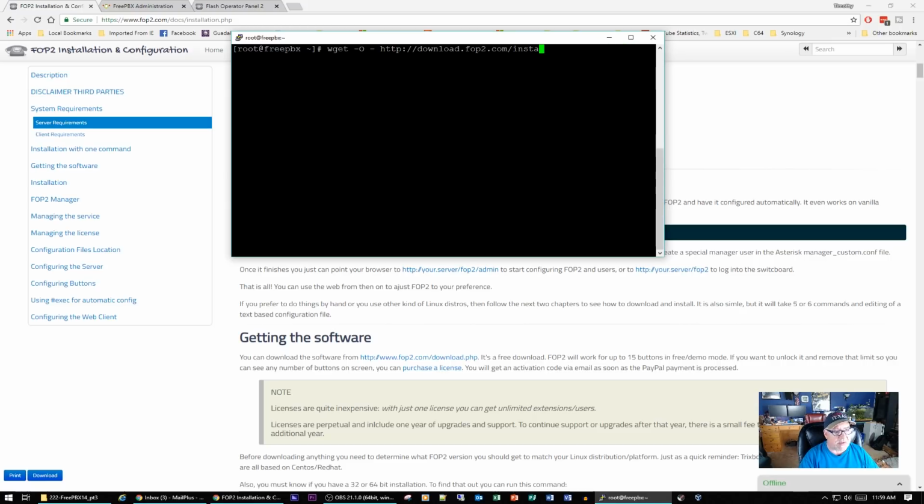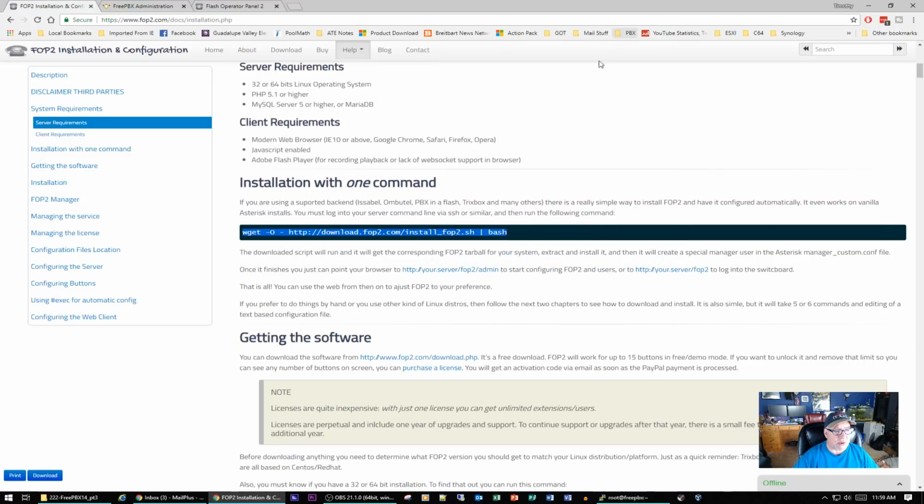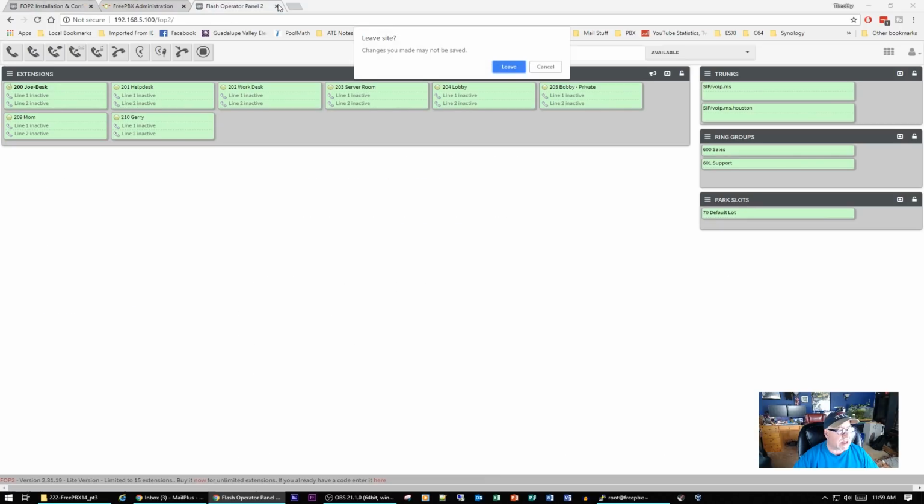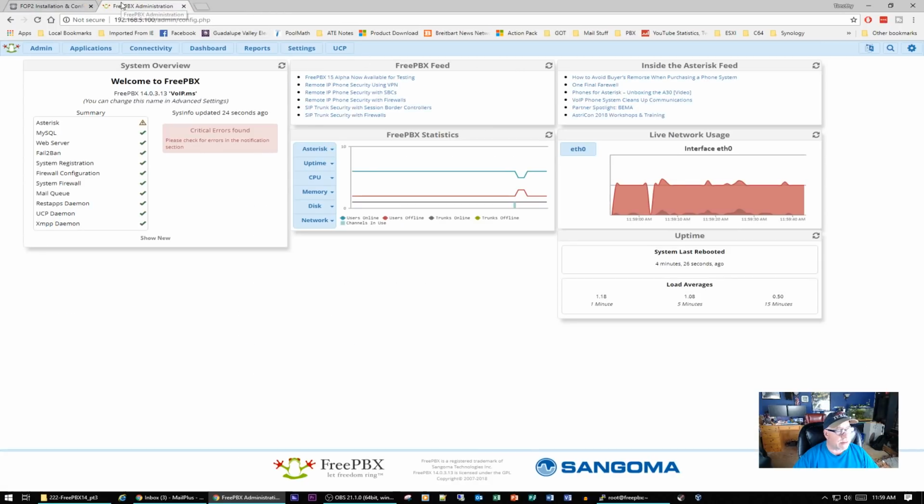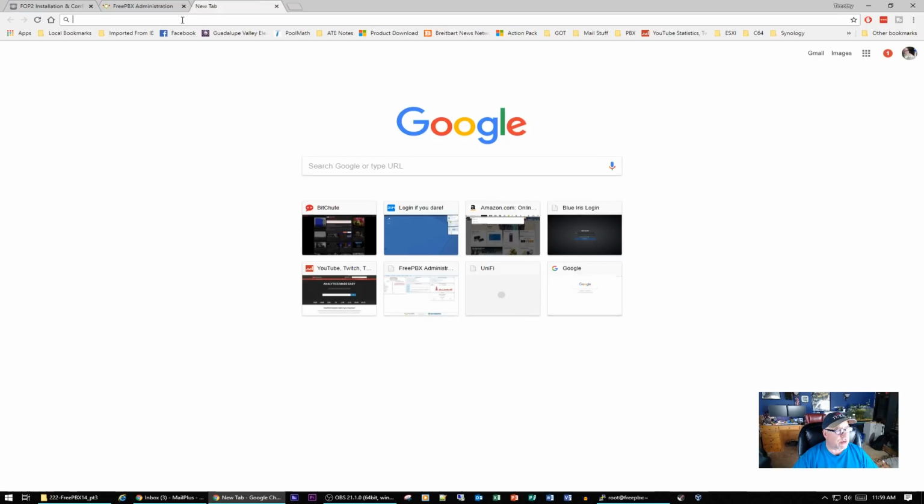Now, remember previously I told you make sure that you have all your extensions and your trunk lines set up, and you'll be good to go. Now, for example, I'm using extension 200 as my default operator panel. So what you'll need to know is the voicemail password for that extension, because that's how you're going to log into Flash Operator Panel 2. So just come over here to a new prompt once you've got it installed, and go